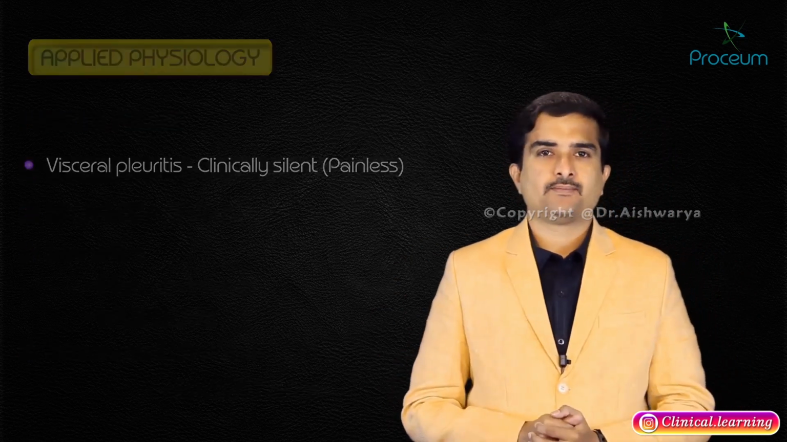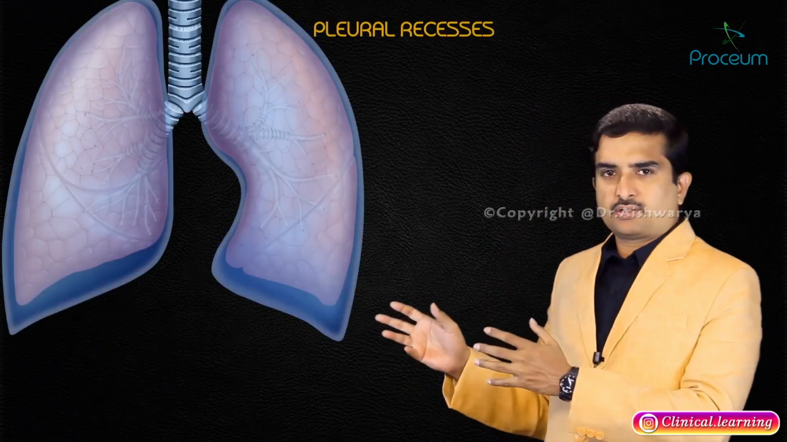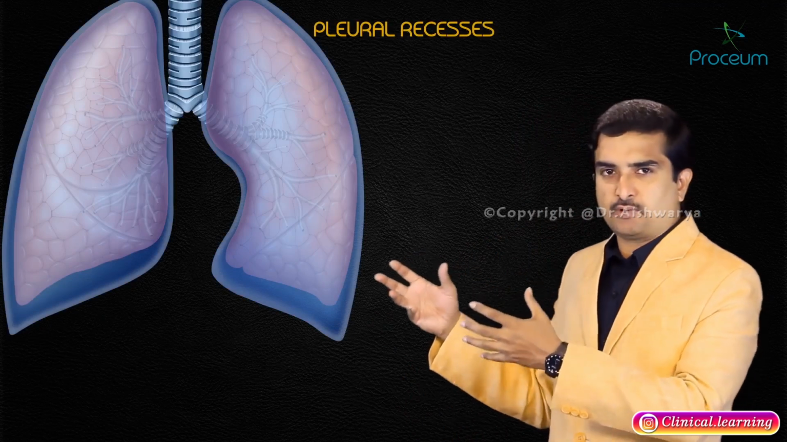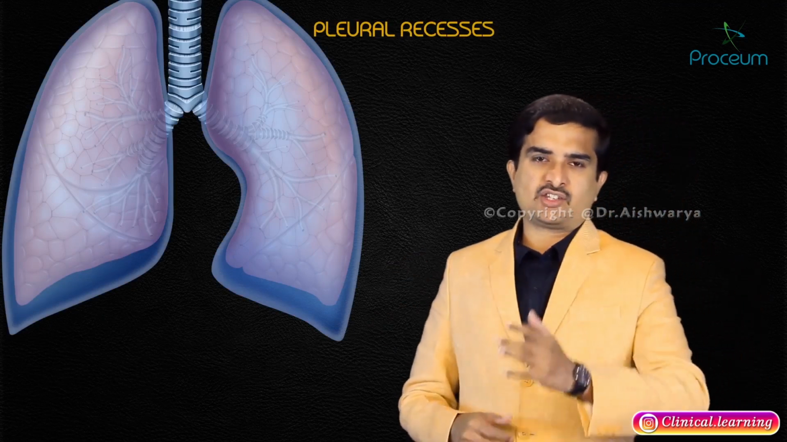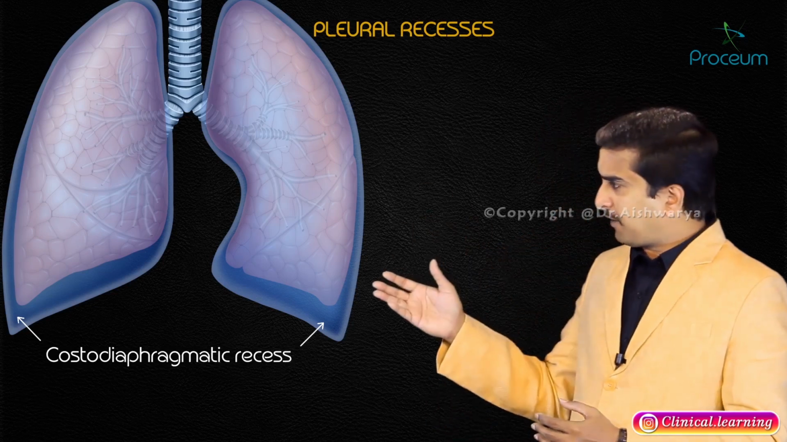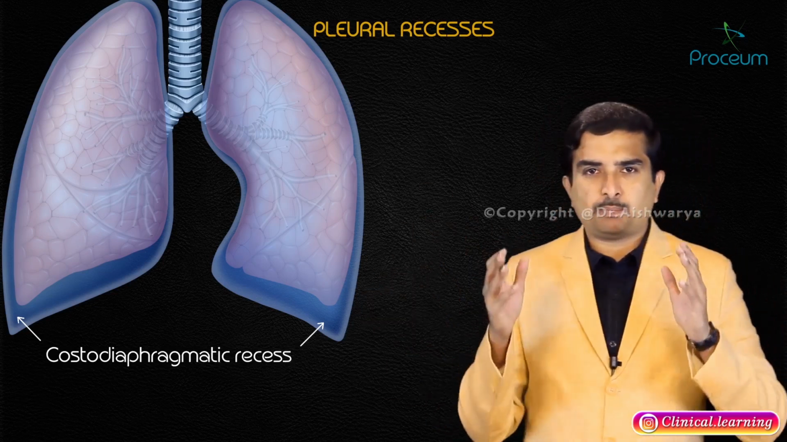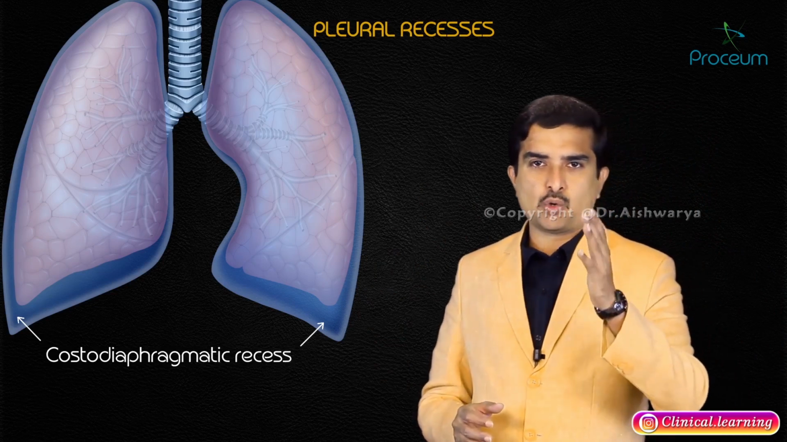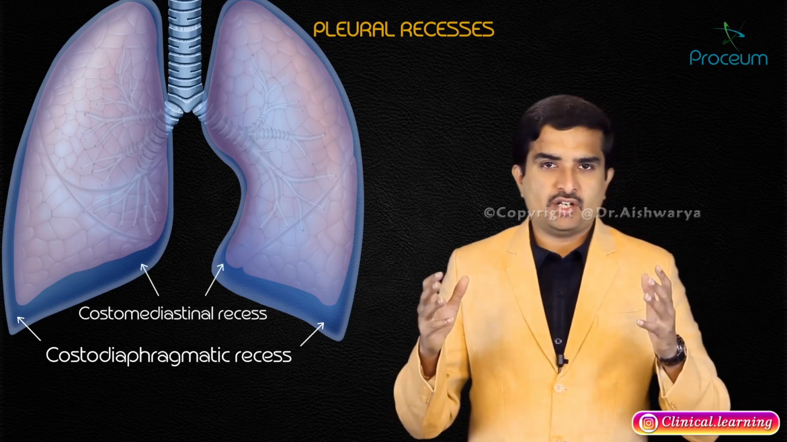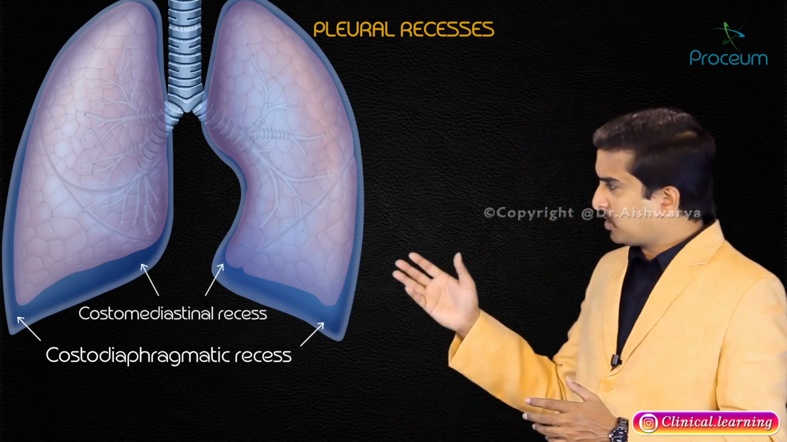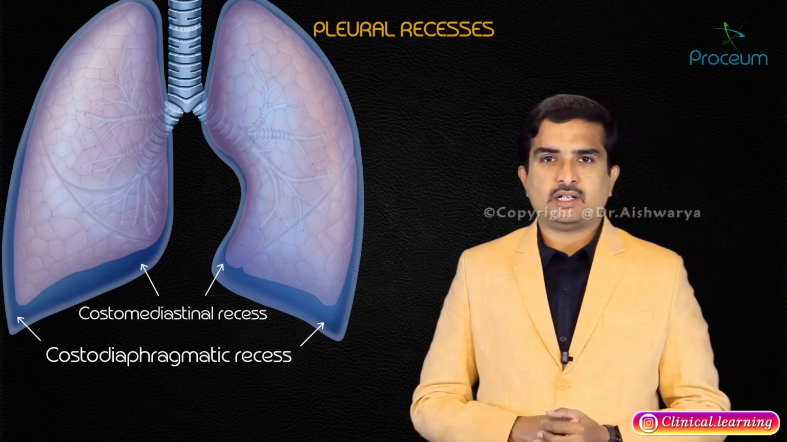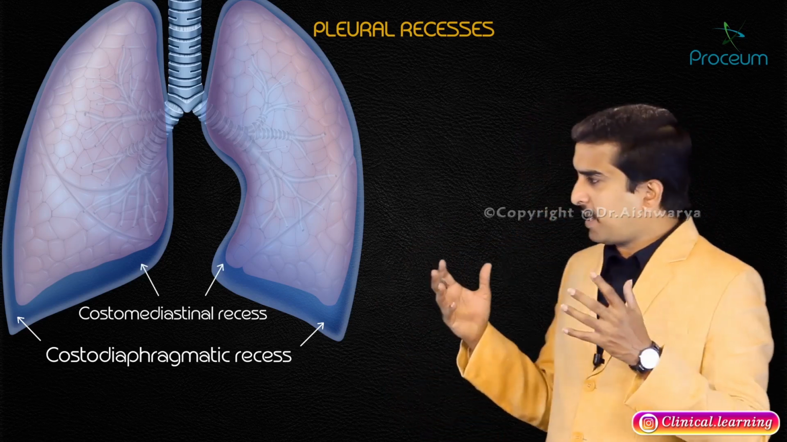clinically silent. The pleural recesses are the spaces into which the lungs expand during inspiration. The first one is called the costodiaphragmatic recess. The costodiaphragmatic recess is the space between the diaphragm and the costal pleura below the lungs. And the costomediastinal recesses are the spaces between the costal pleura and the mediastinum, that is anterior. The lungs expand into